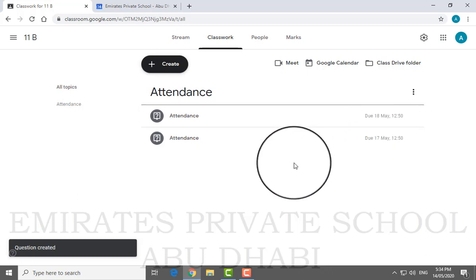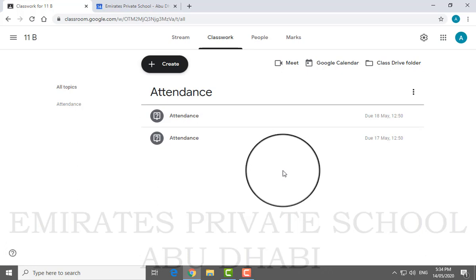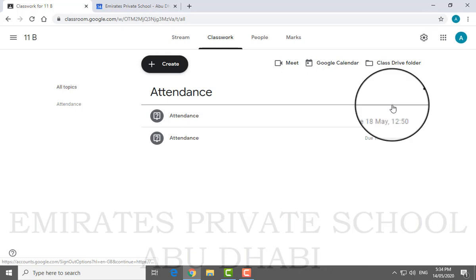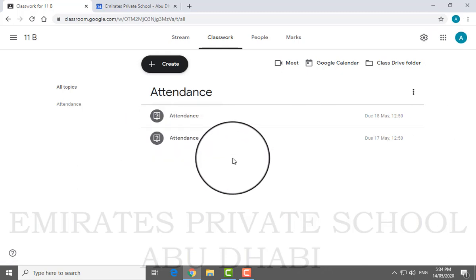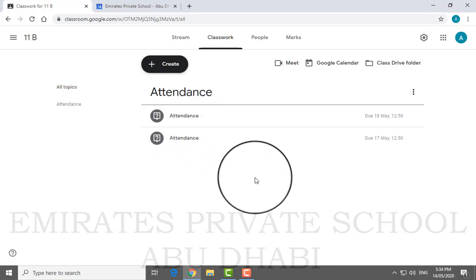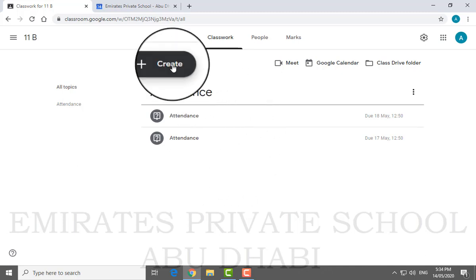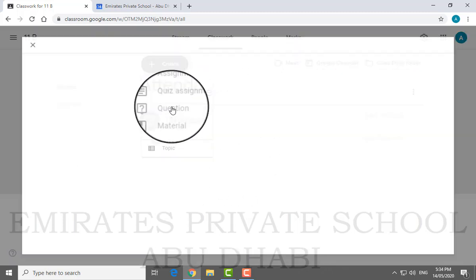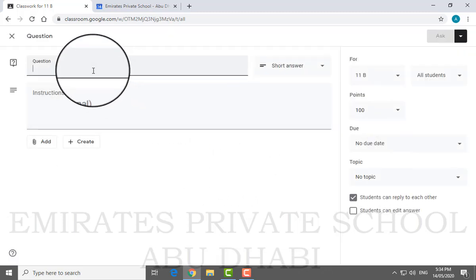Now this is not going to go to the students immediately, it will go to the students once they log in. Now I'll show you how the student is going to see this. This will not show, so I'll do one thing, I'll create one for the current time so that you can see how the student is going to see it. Now I click on a question. This is just to show you how the student view will be.